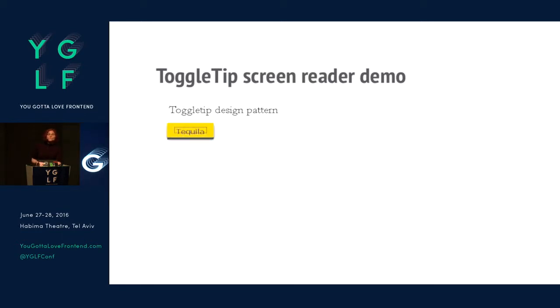Tab, tequila button collapsed. Enter, expanded, tequila makes me happy. Escape, collapsed. So there you can see there's a lot of information available to screen reader users. They hear it's a button, so they know it can be interacted with. They hear it's in a collapsed state, so they know it can be expanded. And as soon as it is expanded, that text is just read automatically,